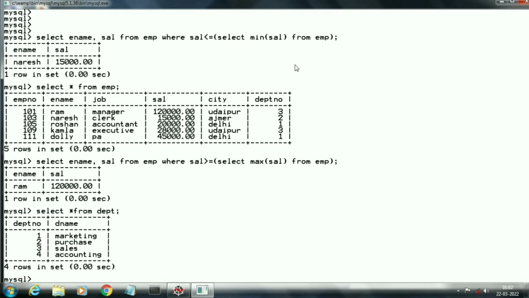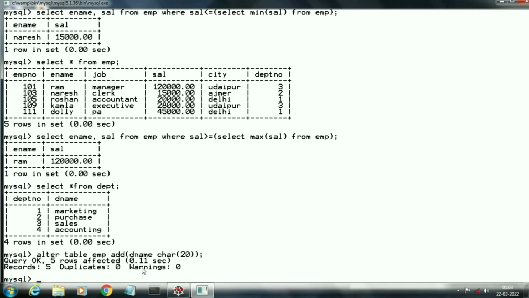Here we have two tables, the employee table and the department table. In both tables, department number is common, but department name is part of the department table. Now we want to add this department name in the employee table. Here we will use subqueries. So first of all, we will have to add a blank column to the employee table. Here we will use the alter table DDL command to add a new blank column to the EMP table. Alter table EMP add, parenthesis, then the name of our new column.